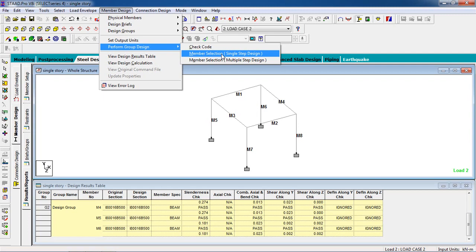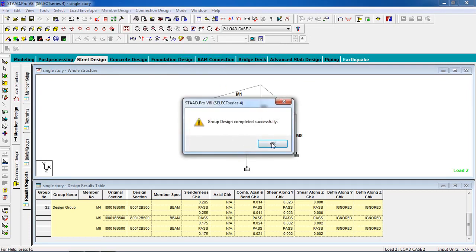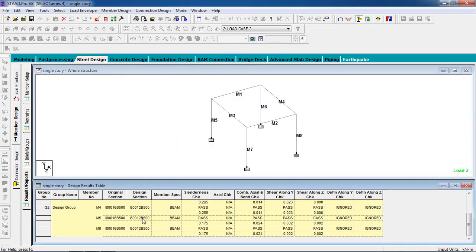Now notice in the design section here on the down side. Now when I select member selection, it has been changed. See, now this section is economical. I had given a much bigger section for that member.